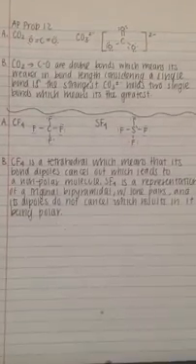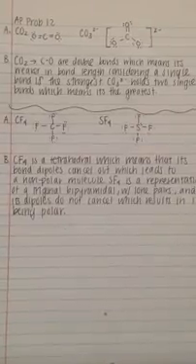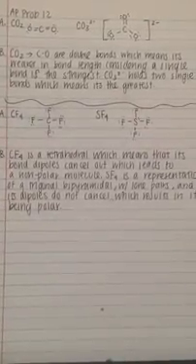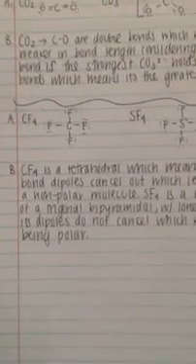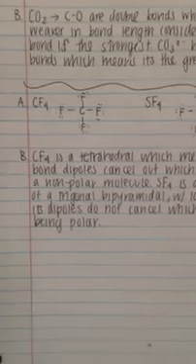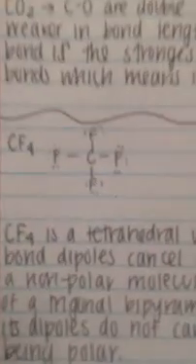So CF4 is a tetrahedral, which means that its bond dipoles cancel out, which leads to a nonpolar molecule. And as you can see, when you have a tetrahedral, it is nonpolar. It has 4 bonded pairs, as shown here, and it has 0 lone pairs, which you can tell by the